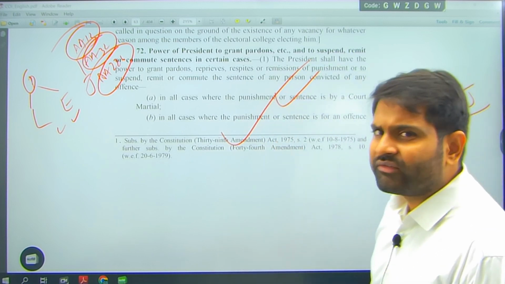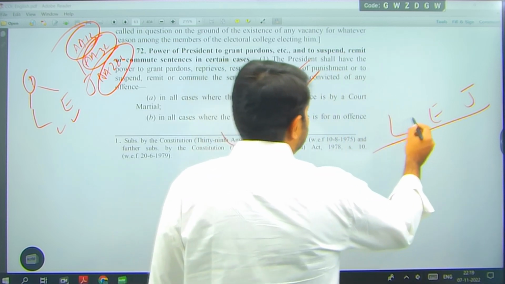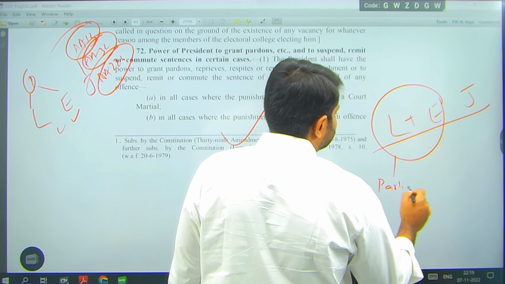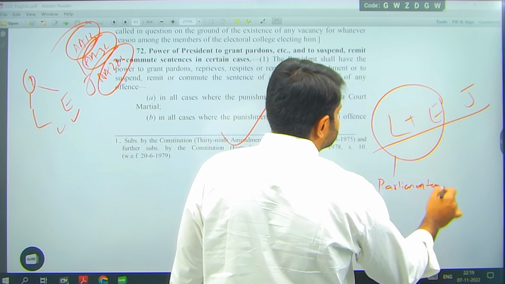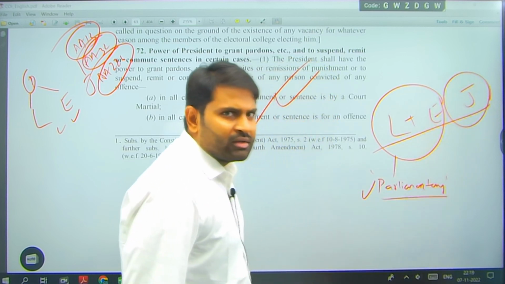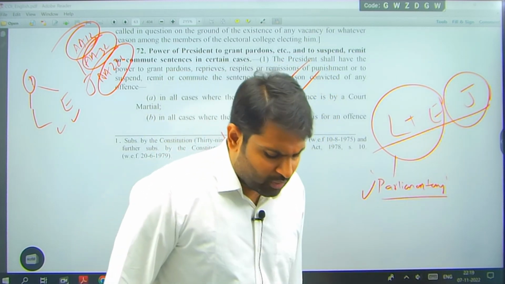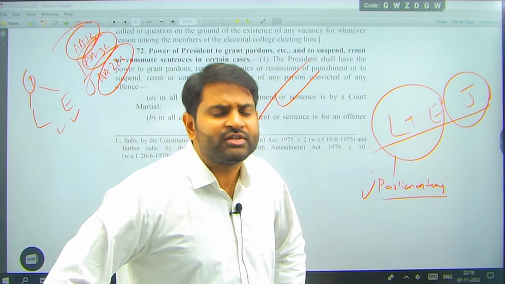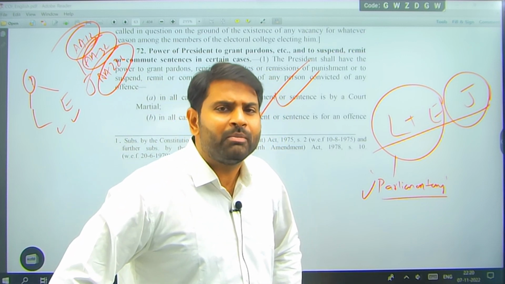Although in India we don't have strict separation of powers, L plus E are working together. This is called the parliamentary form of government, which I will explain further. Judiciary is separate. What is the system all about? This constitution is like snakes and ladders. This is a constitutional craft, a statecraft made by Ambedkar.